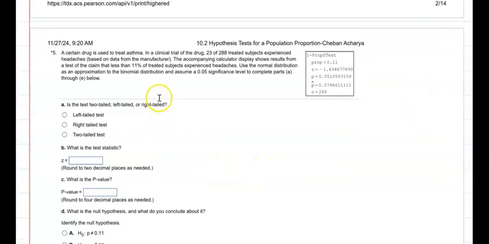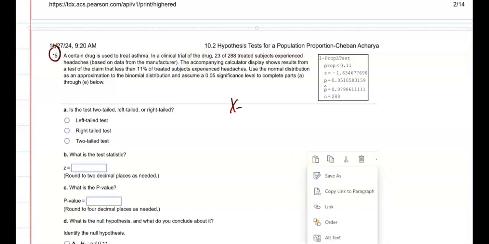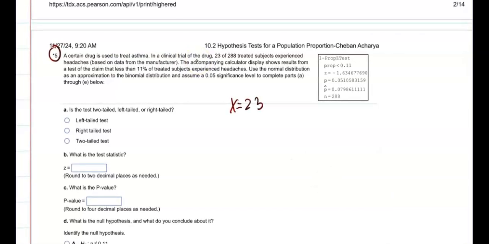Question number 5. A certain drug is used to treat asthma. In a certain clinical trial, 23 of 288 treated subjects experienced headache, based on the manufacturer. So here x is going to be 23 and n is going to be 288. So out of 288, 23 experienced headache from that drug. The accompanying calculator display shows the test of the claim that less than 11% of treated subjects experience headache. So here, less than 11%